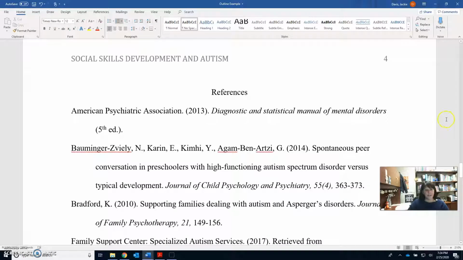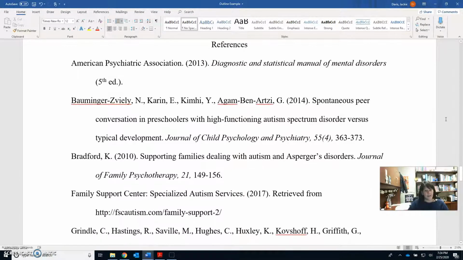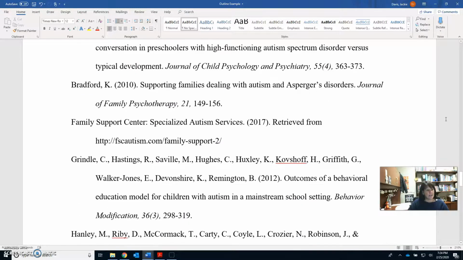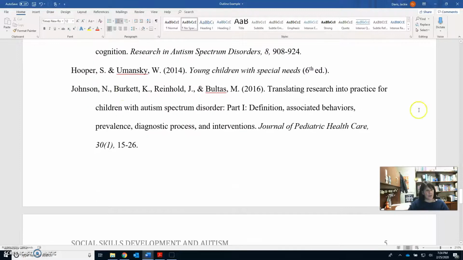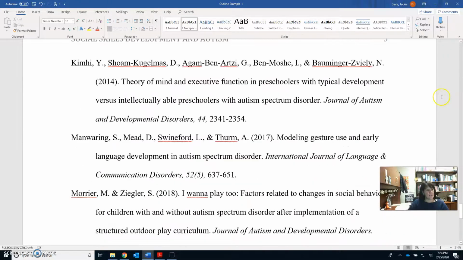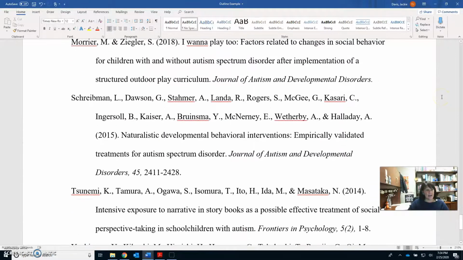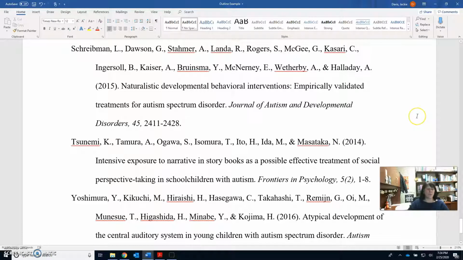And this, as you could see in the outline, there weren't very many in-text citations, but the comprehensive references list that this particular student began to collect information is put here at the end. You will see the Hooper and Umansky citation here in the references list. So at this point, again, I am not going to be looking to be sure that every in-text or parenthetical citation is included in the,